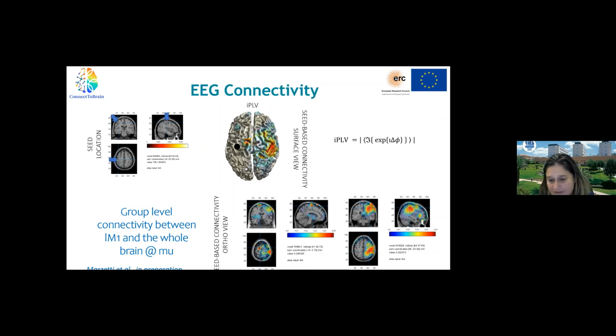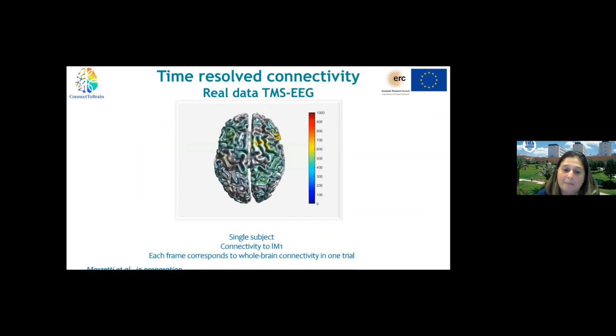And okay, this is basically the same view from an orthogonal perspective. So overall, the first statement that we can make is that there is somehow consistent connectivity of the left motor cortex to other regions which nicely belong to some kind of motor network at the frequency of the mu rhythm. But this is true across all subjects and all trials.